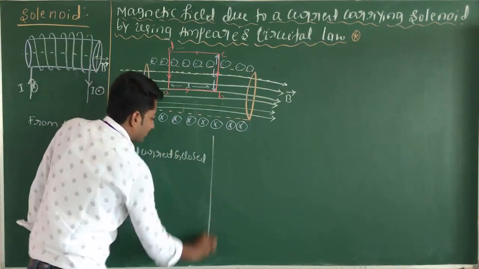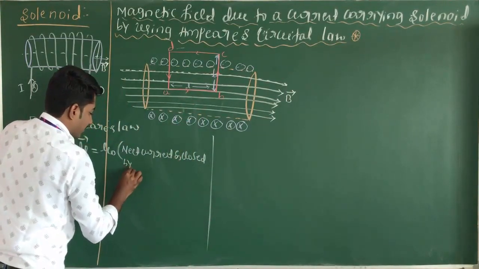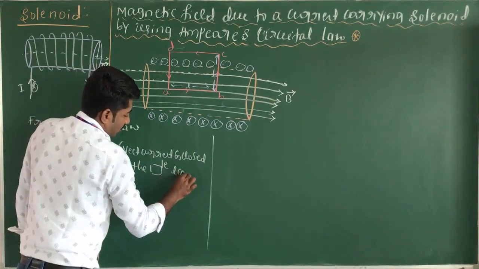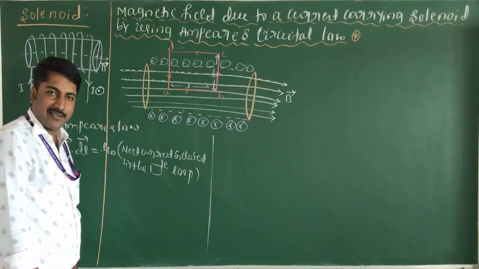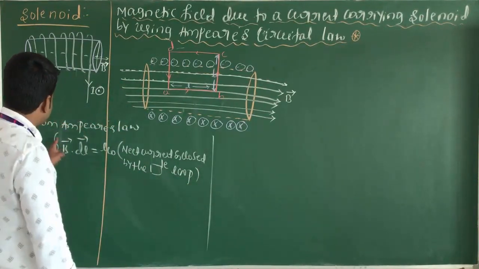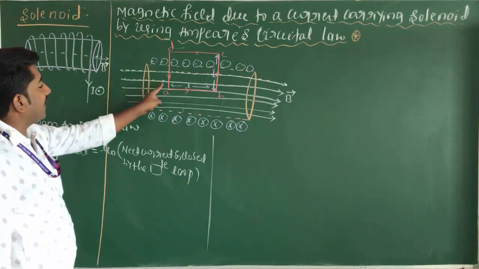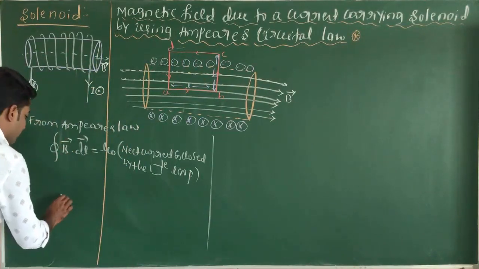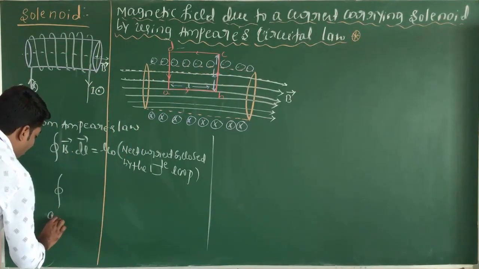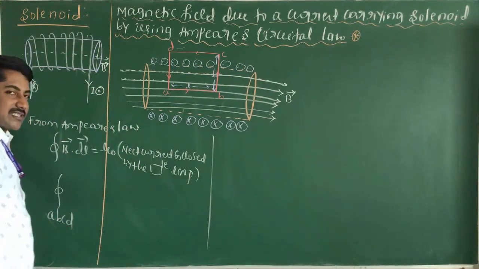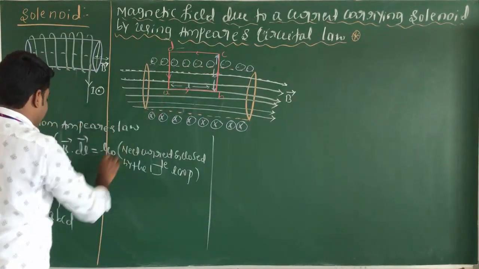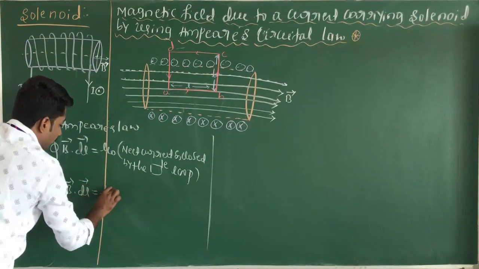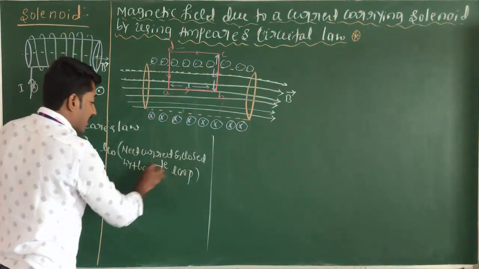In this diagram, the net current is enclosed by the rectangular loop. The line integral of B dot dl here goes from A to B, B to C, C to D and D to A. Then I write this equation: the line integral over rectangle ABCD of vector B dot dl is equal to mu naught into the net current enclosed